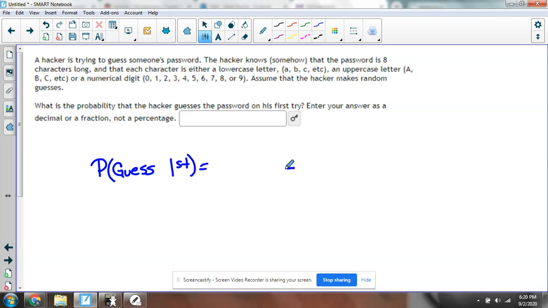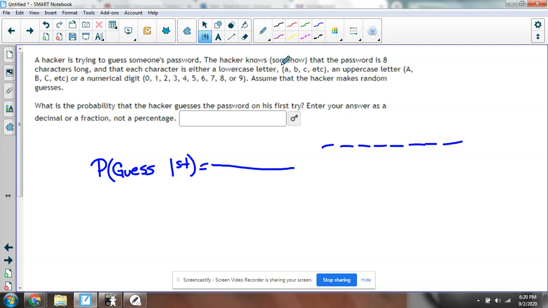Well, how many guesses could he make? How many different ways could he guess this password? Well, it's 8 characters long. Write them right here. 1, 2, 3, 4, 5, 6, 7, 8. It's 8 characters long. How many characters do we have for the first possible